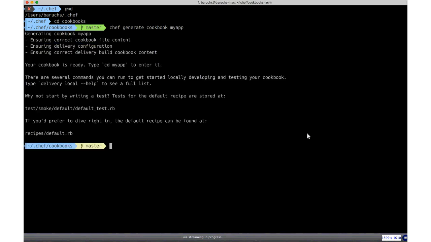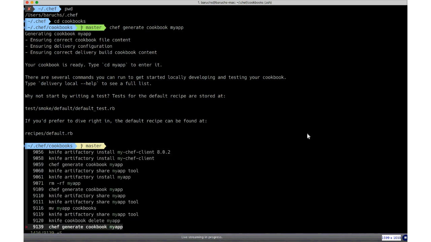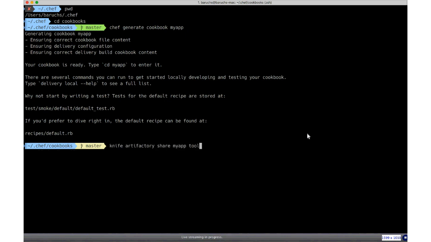Okay, this is just the vanilla empty app, but it's good for our example, and we are going to publish this my_app to our virtual repository, which in turn will deploy this cookbook into a local repository. So we will use the Artifactory command here, knife artifactory share my_app. We're going to try to share it, and